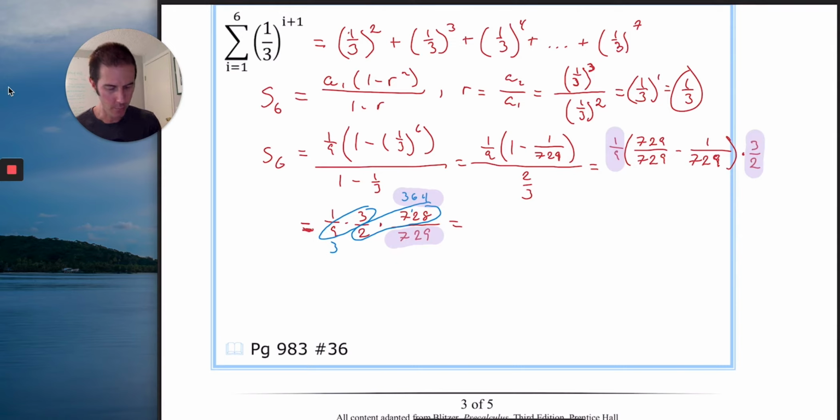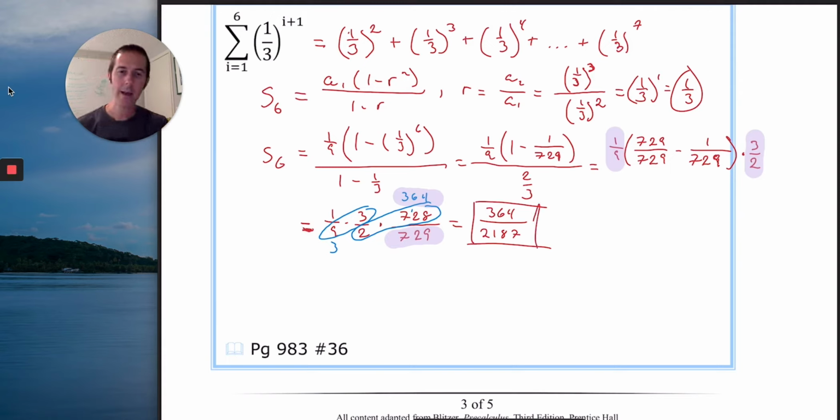Okay, so numerator is 364. Denominator is whatever 729 times another multiple of 3 is. I still have the 729 sitting in my calculator, so all I have to do is hit times 3, enter, and I've got 2187. And that's our final answer. It's an exact answer, not a decimal approximation,